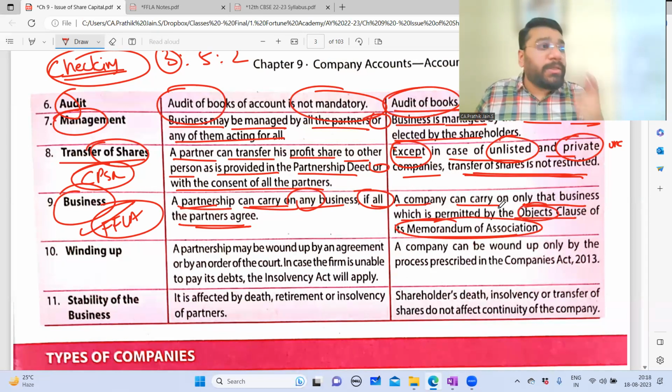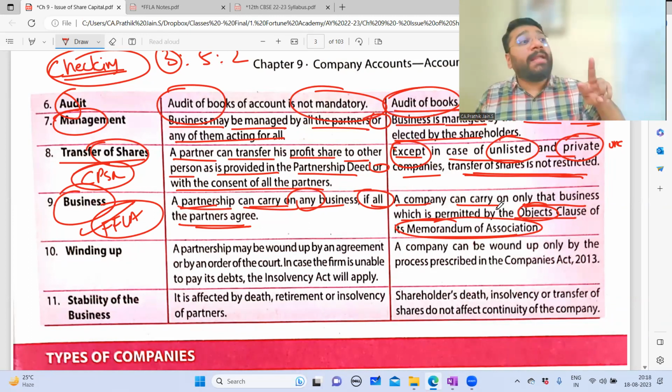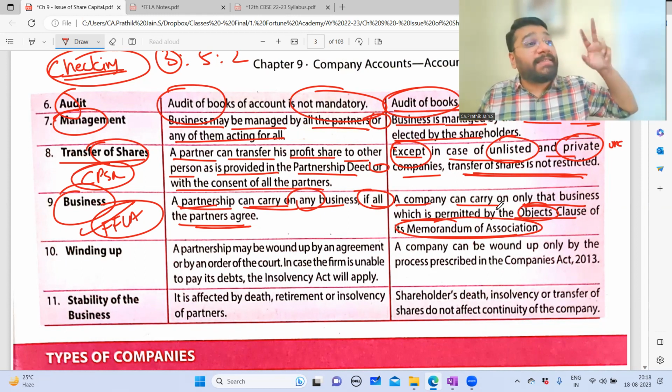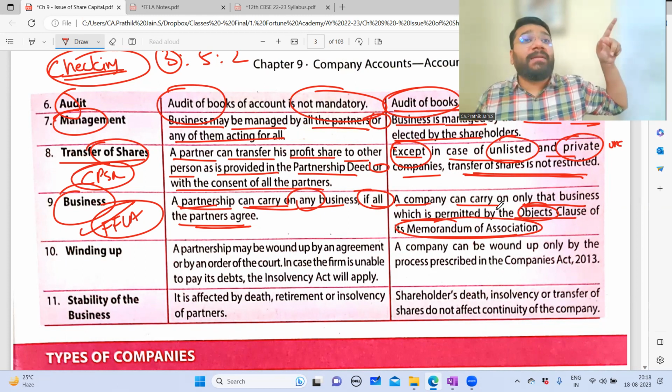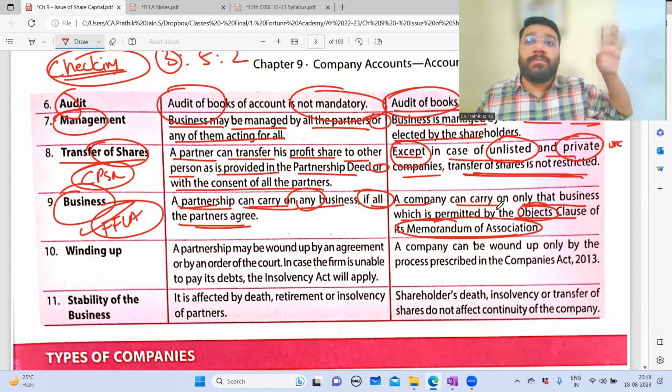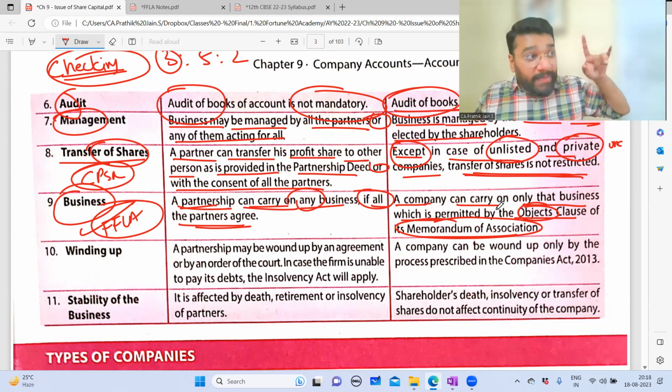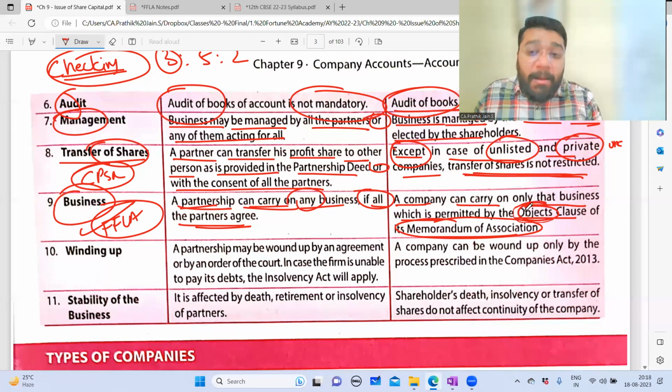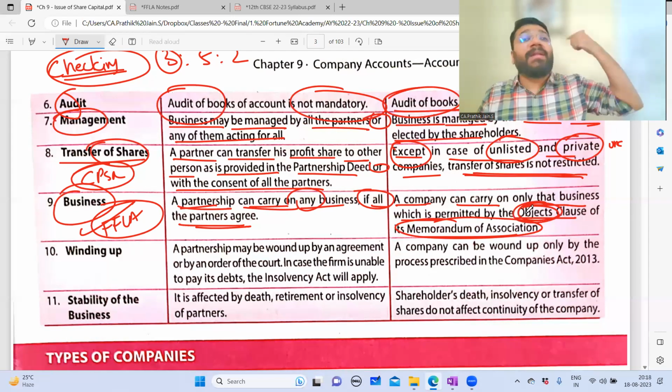In the object clause, you have to tell the government what the objective of you starting FFLA is. What is the objective? Provide coaching classes for 11th and 12th. What is the objective of Kalpavriksha Academy? Providing professional coaching classes of CA, CS, CMA, ACCA, CFA. If I deviate from that, am I allowed to deviate? Not possible. Possible when? If you amend the objective clause and resubmit the document to the government.